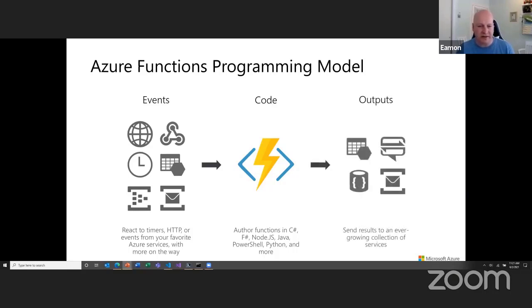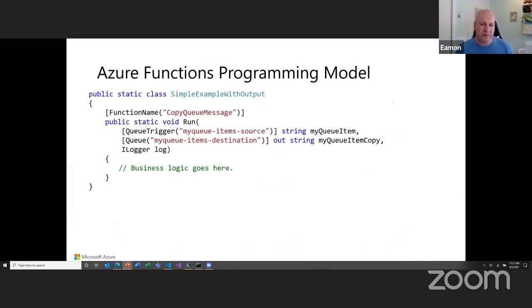And then obviously when you process that data, you have to send it off somewhere else typically. You can send this off to these down-level systems in a very similar way to how you configured the events showing up. So the programming model is designed to be as simple as possible. The ultimate goal with a lot of our integration with triggers and bindings is that you can declare how you want to react to events that happen in third-party systems and what systems you want to send to. Those are done using declarative mechanisms.